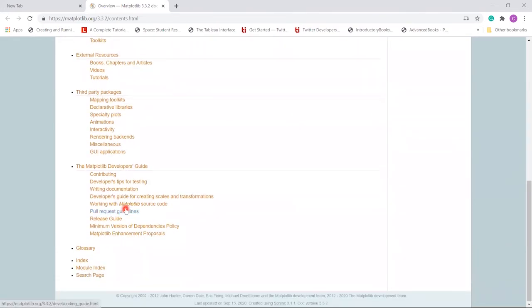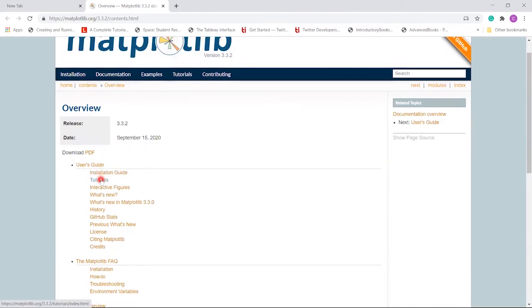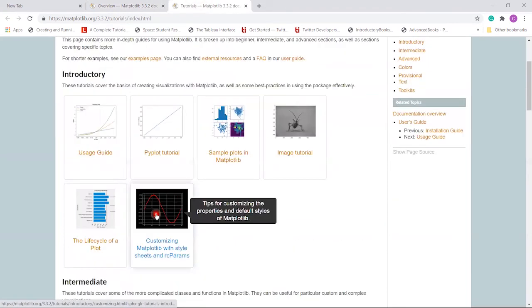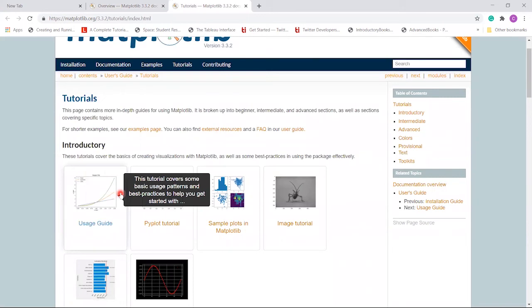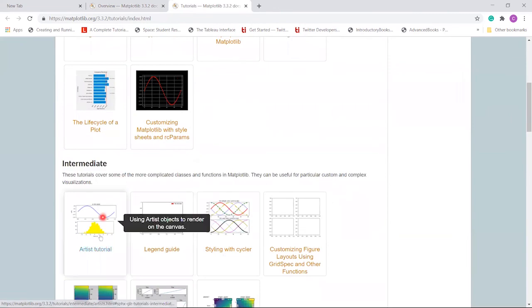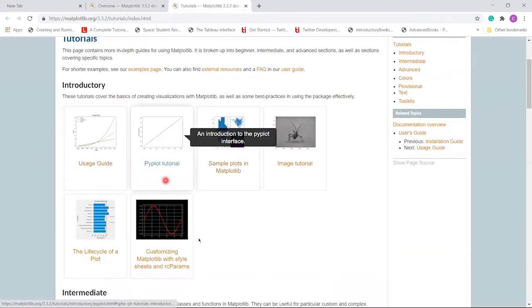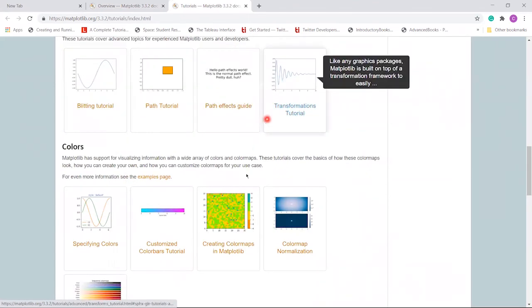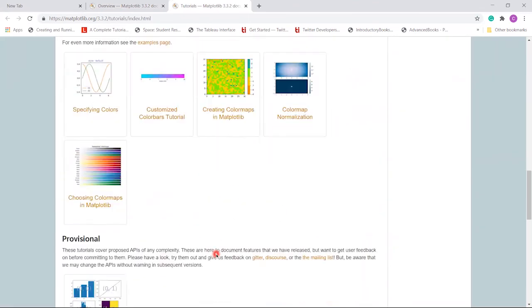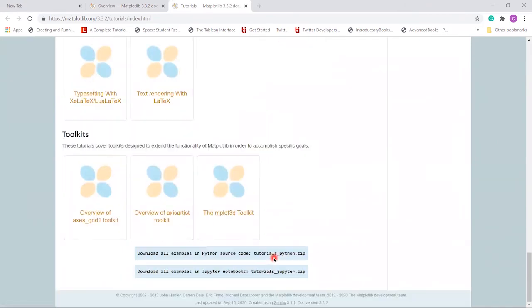If you are a developer and want to make some changes in the matplotlib library, you can go here. And that's all. If you are just a beginner, I recommend you go to the installation guide, and moreover the tutorials, where you get to know how you can make plots and understand more things. You can see introductory graphs, basic graphs, intermediate graphs, and some advanced graphs, like here are some more changes in the graphs and textual data. So here are more things.